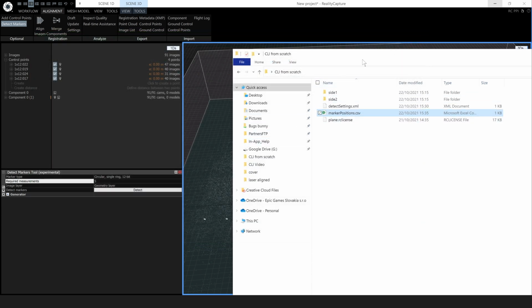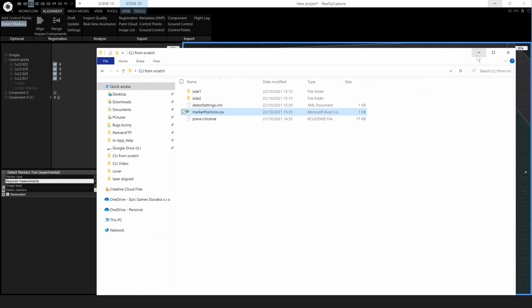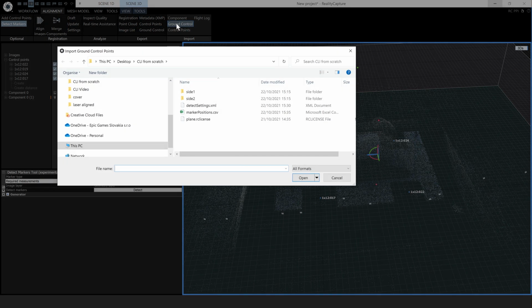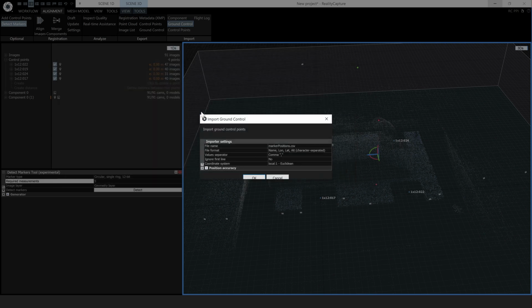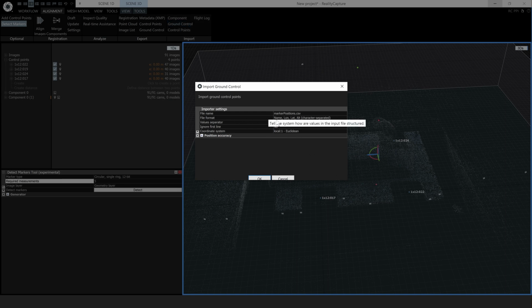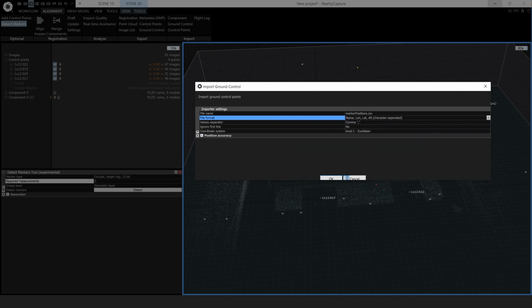So the next thing that we need to do is the settings for importing the ground control point. So let's just pretend we're importing those ground control points. So alignment again and import ground control. I'm going to select that file, and we can save the settings from here. You can save the settings in almost all the dialogues. So now this is wrong. So we need to change that because we're on X, Y, Alt. So that would make a total mess if we kept it on the default. So let's change that. If we extend this box, we can actually see